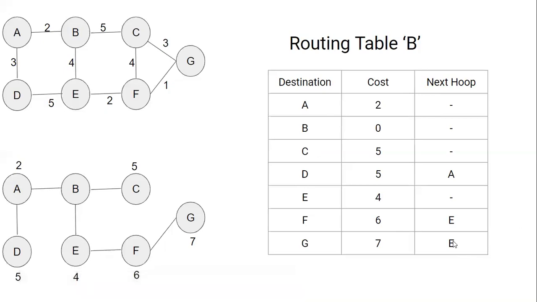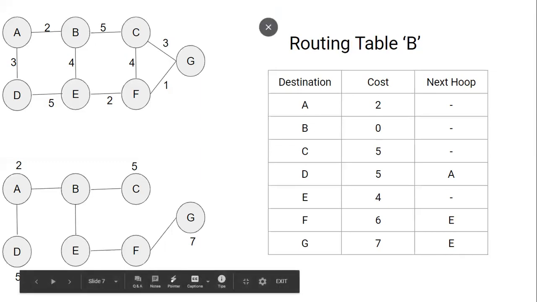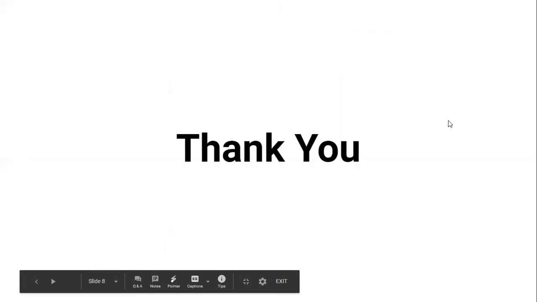In this way, we need to find out each and every routing table. Your example is very huge, so I have taken only 2 routing tables. You can try with C, D, E, F, G and everything and create a new routing table for every node with the updated version. We need to calculate from A to B, B to C, C to D. In this way, we need to keep on incrementing each and every node and create a new routing table. Thank you.